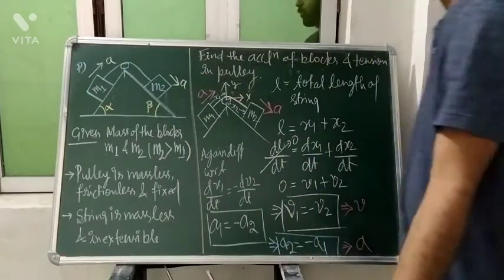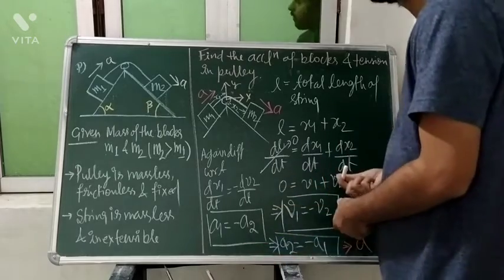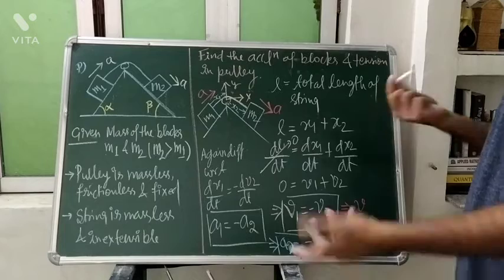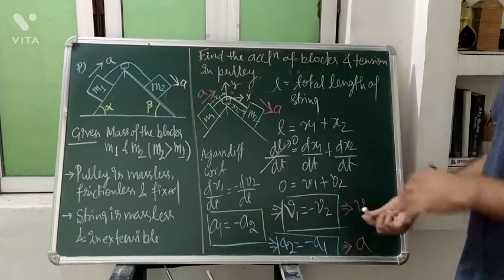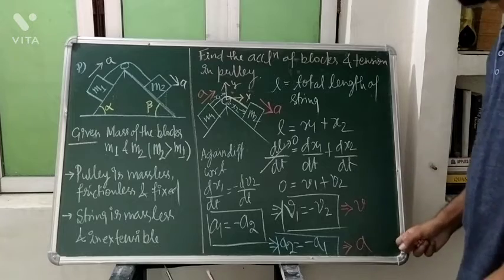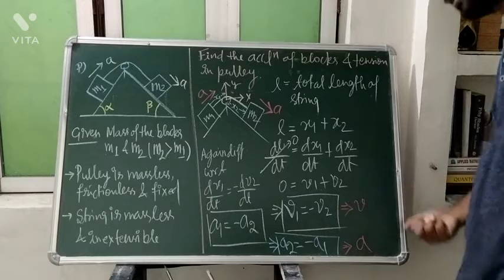You can perform the experiment based on it. So that x1 will be equal to x2. So differentiation of x1 will give x1 dot equals x2 dot, meaning v1 will be equal to v2, and a1 will be equal to a2. In that way, you can imagine that whatever I am saying is correct.